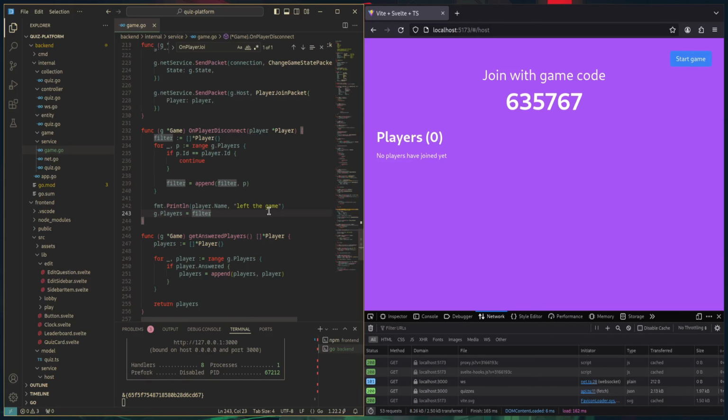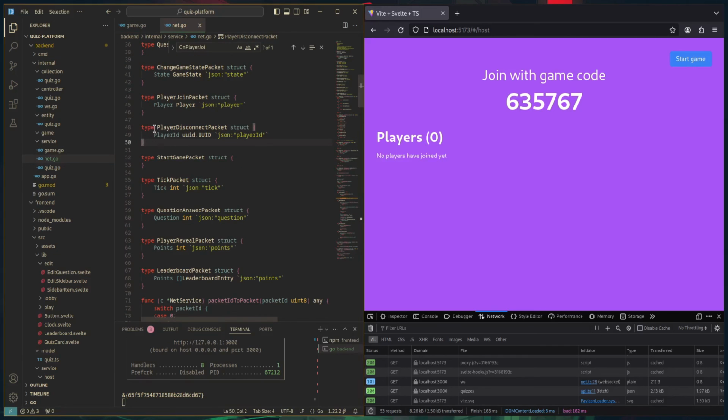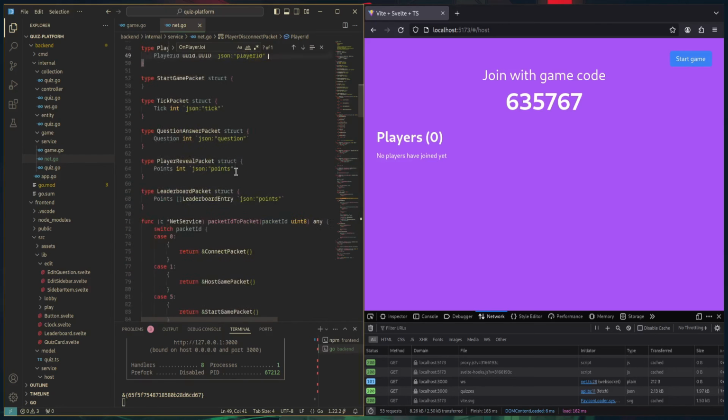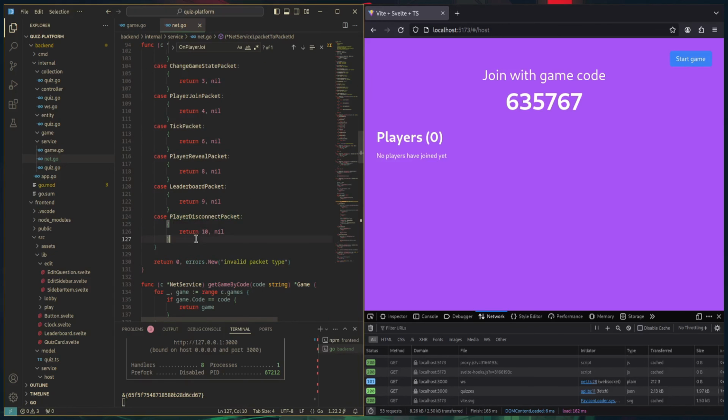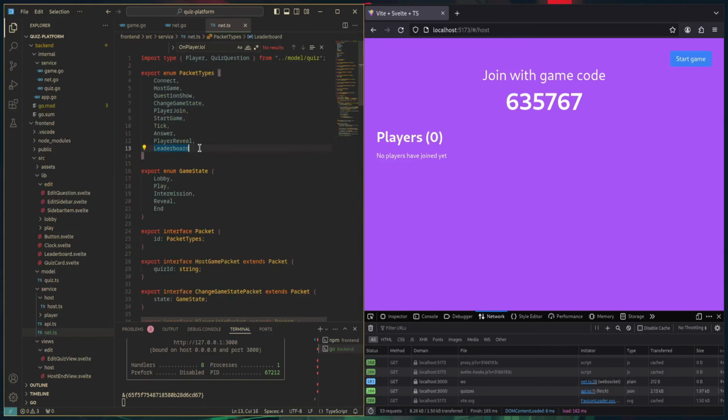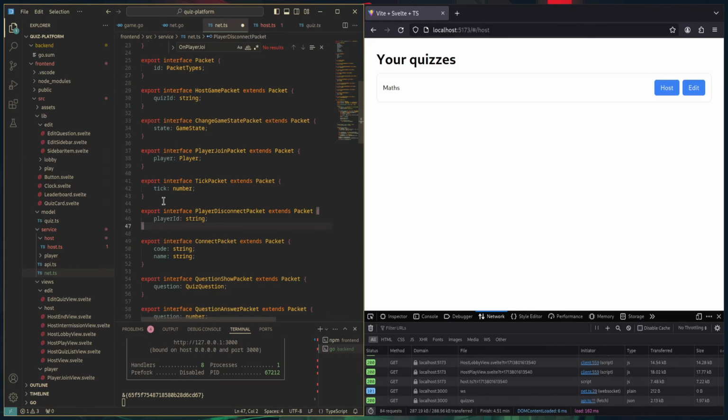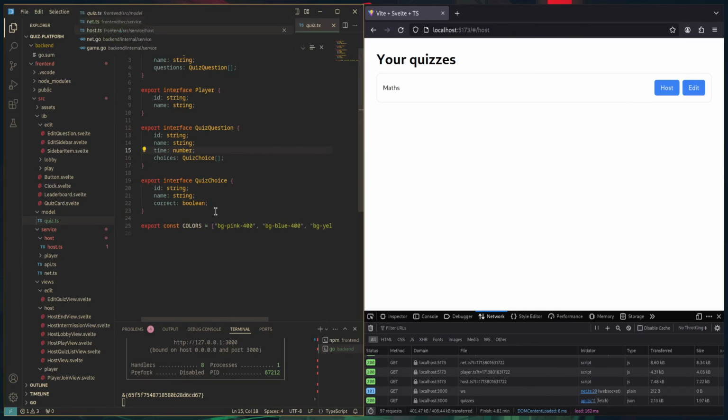All that remains is to tell the host that a player has disconnected. So we're going to need a new packet for that, a player disconnect packet. This is how I will define that. We send the player ID of the player that has disconnected. And of course, we add a new packet ID 10. Let's also add this here to packet types, and as an interface here, player disconnect packet. And then we can use it here